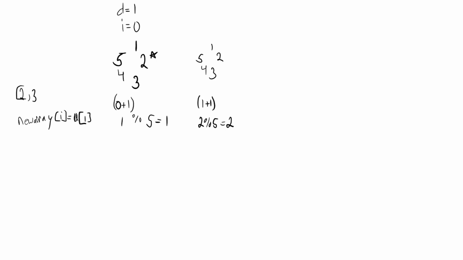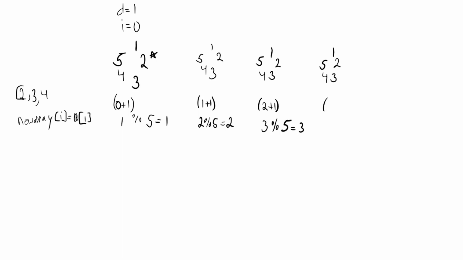So basically this will just continue on and say that I is 2 now, so 2 plus 1, and it'll be 3 modulus 5, which is going to be equal to 3, and same thing in the same array. So A at position 3 is going to be 4, so we'll set 4 at position I, which is going to be 0, 1, and 2. Now we have the next iteration,